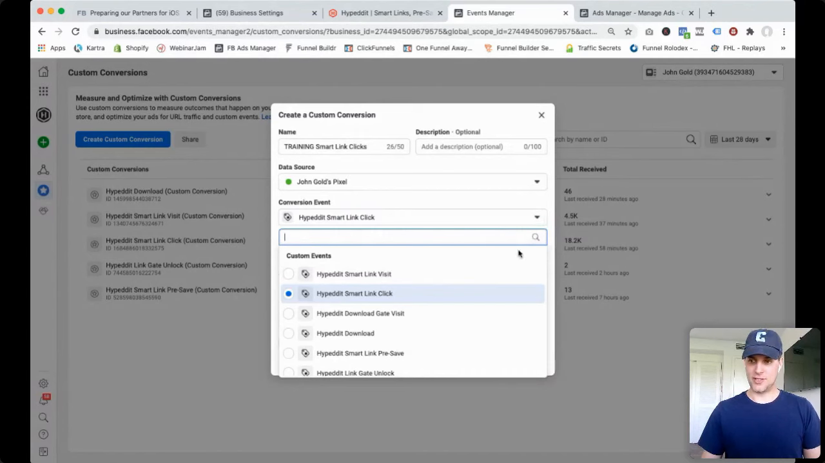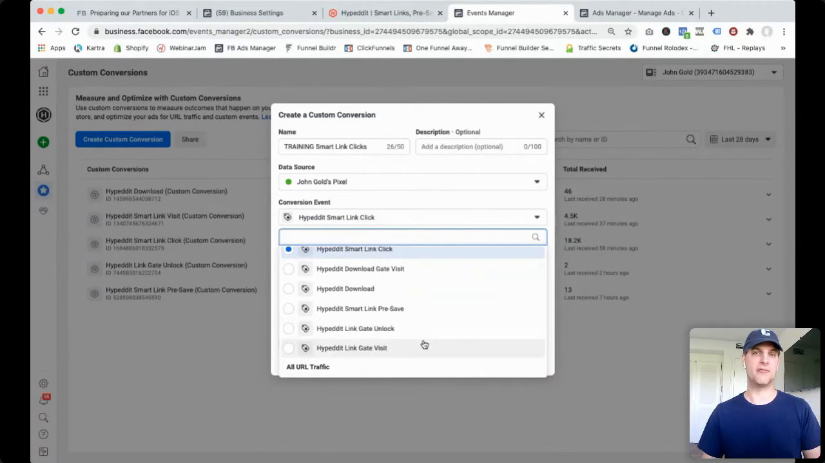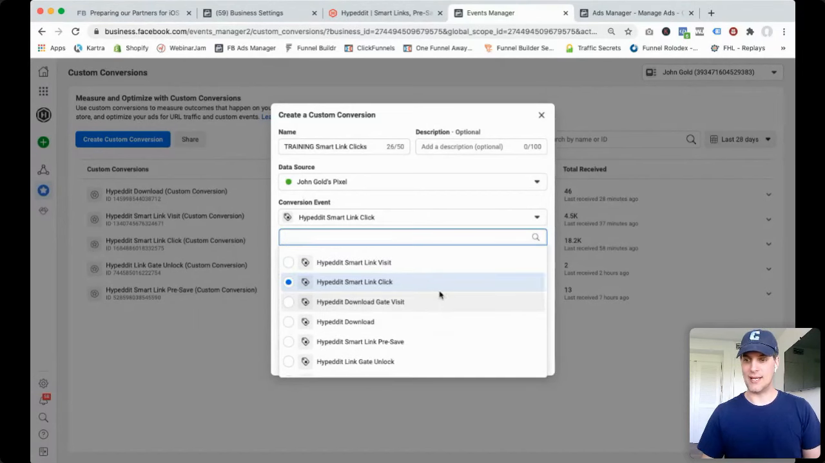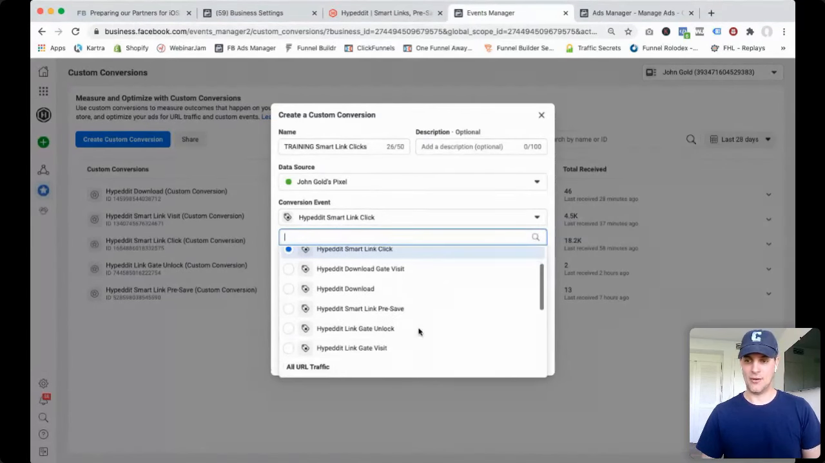If you come to this drop-down menu and you are not seeing all the different events that you can potentially use with Hypeddit, then it's because you haven't recently triggered them, okay? So for example, let's say you come to this list and it does not show Hypeddit Smart Link pre-save, or it does not show Hypeddit Linkgate Unlock, and you do want to set up custom conversions because